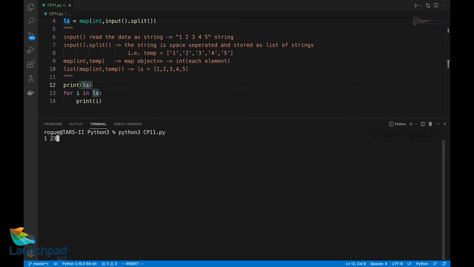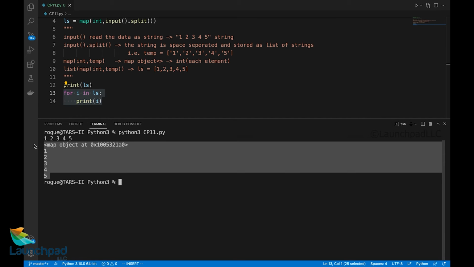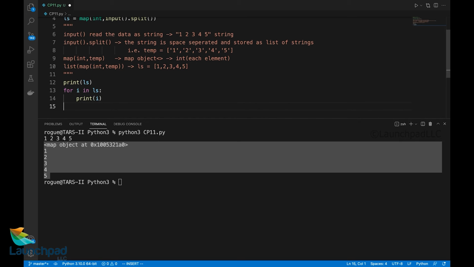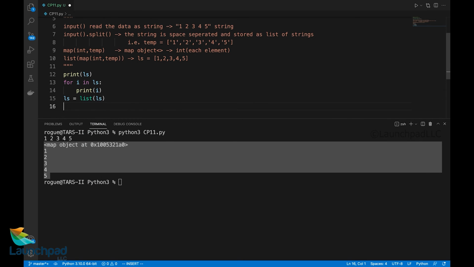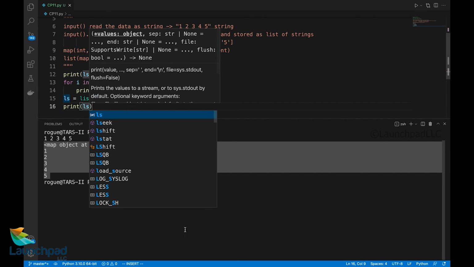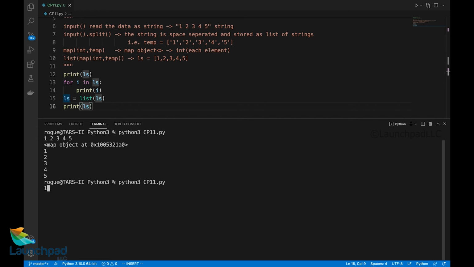So I'm entering numbers 1, 2, 3, 4 and 5, space separated. Now this ls is basically a map object, and when I iterate through this map object, which is perfectly iterable, I can access each and every element of the map. If you want to make it a readable format, I make ls equal to list of ls, and then when I print ls, the map object becomes a list.